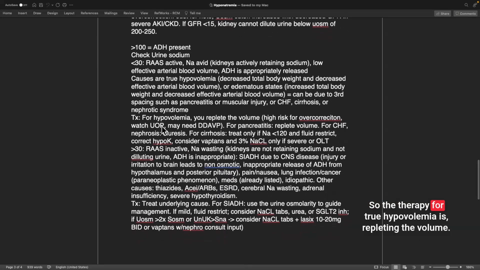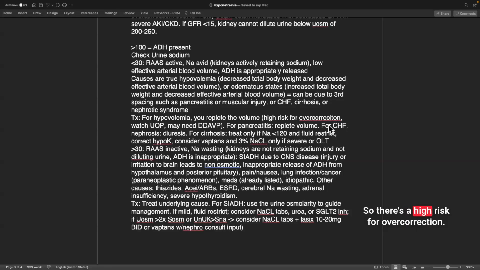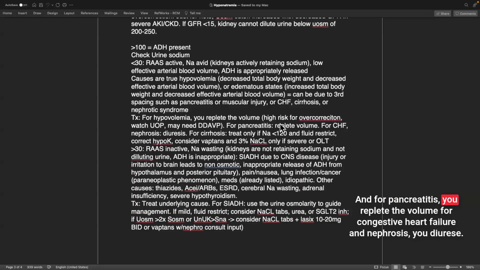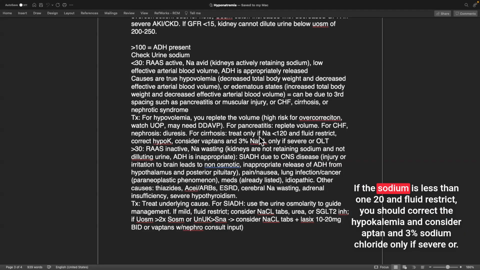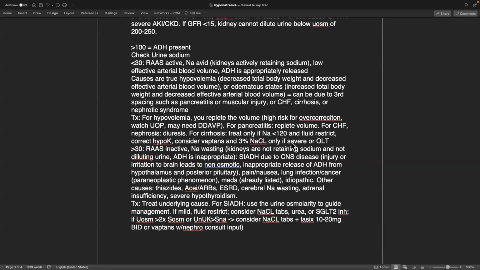So the therapy for true hypovolemia is repleting the volume. So there's a high risk for overcorrection. You watch the urine output and you may need DDAVP. And for pancreatitis, you replete the volume. For congestive heart failure and nephrosis, you diurese. For cirrhosis, you treat only if the sodium is less than 120 and fluid restrict. You should correct the hypokalemia and consider Vaptans and 3% sodium chloride only if severe, or I don't know what